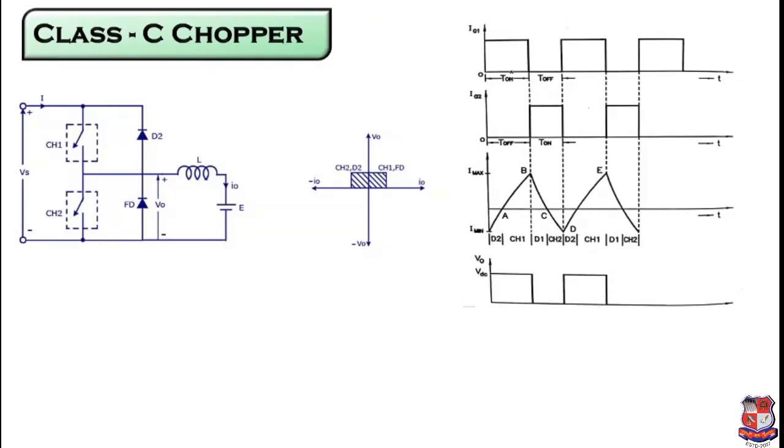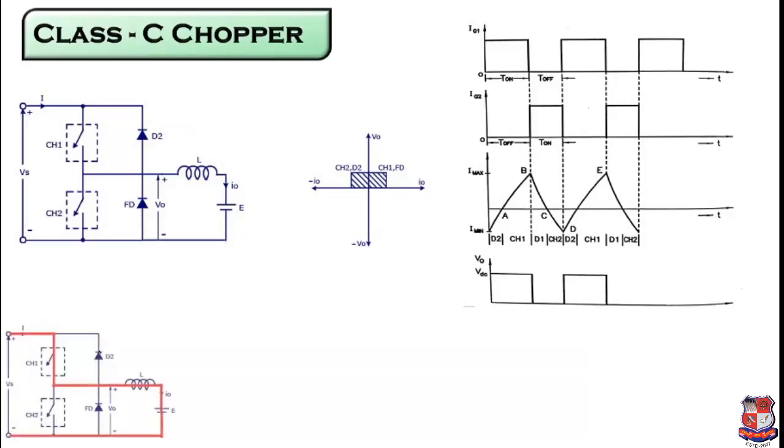So you can see when switch is on, okay, which switch, IG1, it means chopper 1 is on. So in that also there will be two modes, so let us understand the mode. So let the chopper 1 be on, so this will be the first mode. Okay, this will be the first mode. So over here you can see output voltage is positive because this is connected to the positive terminal and the lower part is connected to the negative terminal, and the direction of current is also in the same direction as the output current. So you are getting positive voltage and positive current when CH1 is on.